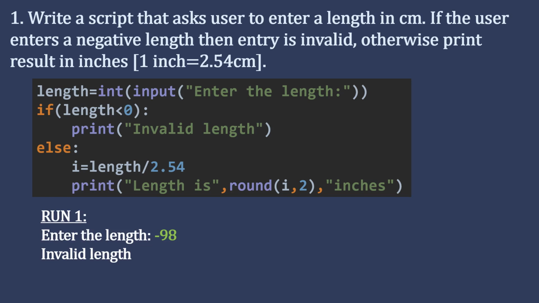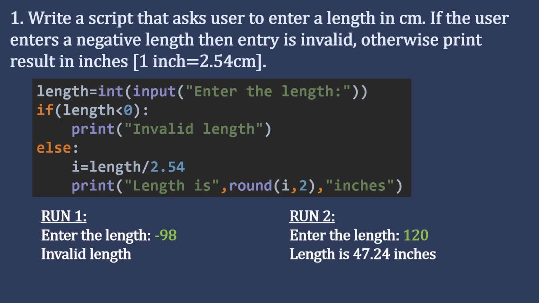So once you run the program, it will ask you to enter a length. Let's say the length entered is minus 98, then it will print that it is an invalid length. The second run, if you enter the length like 120, it will convert it into inches and will print